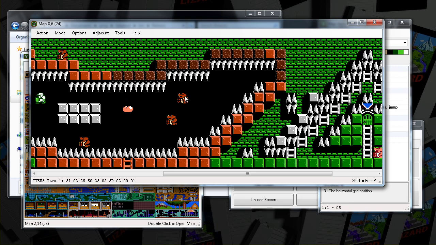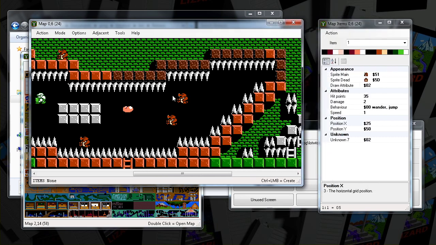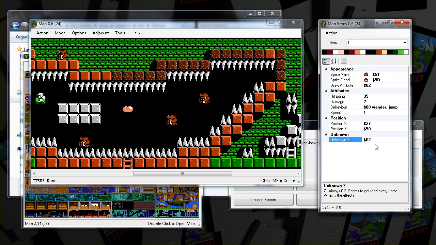In the horizontal, they are snapped to a tile. Maybe better if you could see how that changes. In the vertical, you can actually go to a specific pixel. Here you can hold shift, and you could put one halfway between the tile, but that's not very useful in general. You just kind of want to put them on a tile. Otherwise, you could put them halfway into a tile, or I don't really know what happens if you do that. But you can, if you want. There's another byte here that controls something about enemies, and I have not been able to figure out what this is. So if you have any ideas, please let me know.